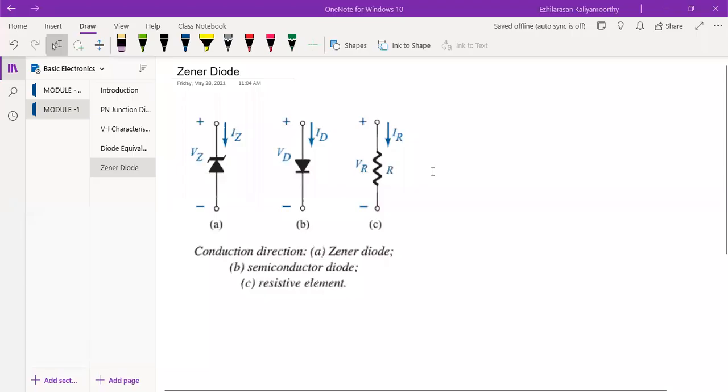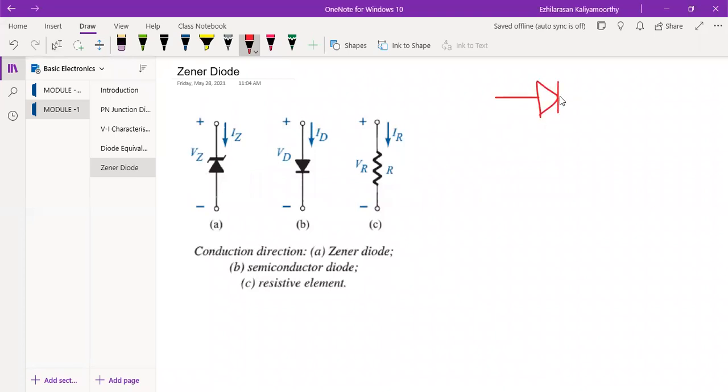Today, let's talk about the Zener diode. Now, this is the symbol which I'm giving, the Zener symbol. This is the Zener symbol, next to the normal PN junction diode. You see here, the Zener diode symbol will be like this. This is your normal, conventional diode, right? So if you have this kind of symbol, that is nothing but a Zener diode.